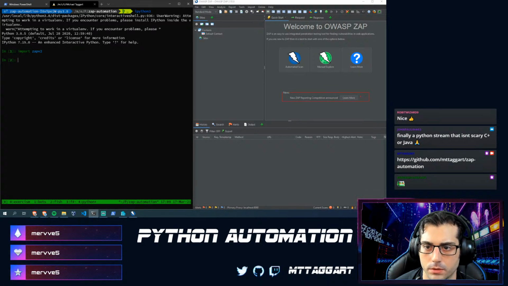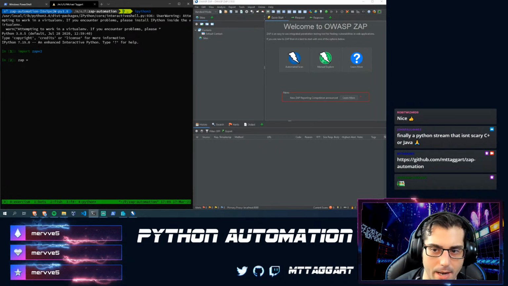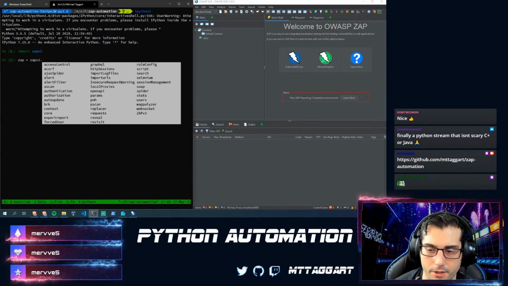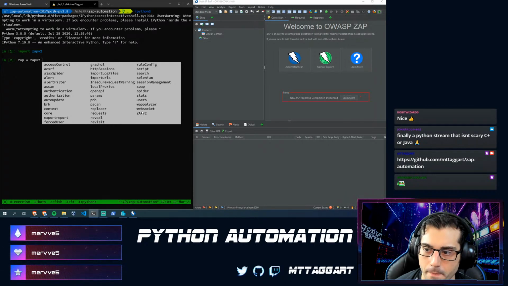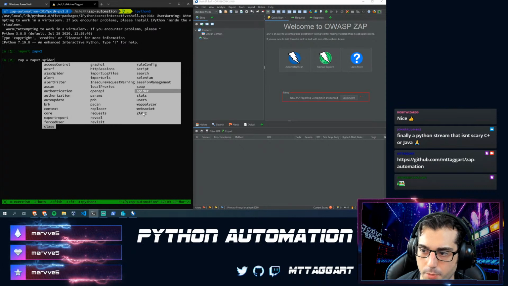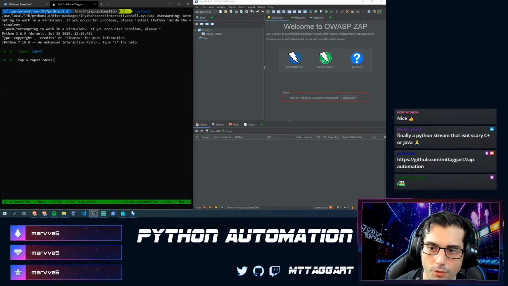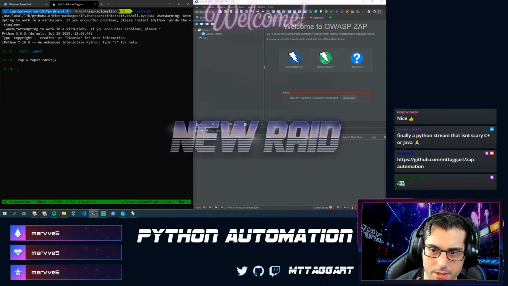So if I want to make a new instance of the API wrapper, that's going to be ZAP v2 dot, and here's one of the reasons I love interactive Python, rather than the straight up Python interpreter, is because I have some autocomplete hints. So I can explore this a little bit, and ZAP v2 is the constructor. Now, ZAP v2 requires an API key. If I try to make it empty like this,